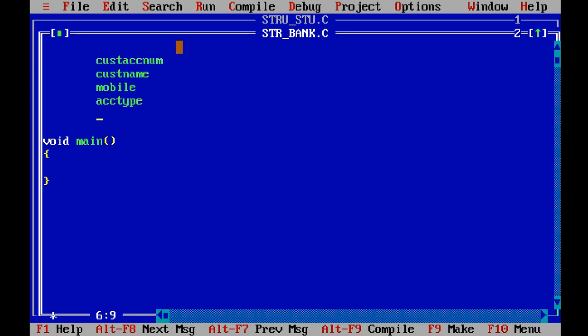Branch, yes, absolutely right. Branch name,